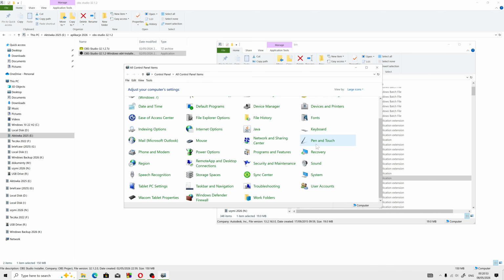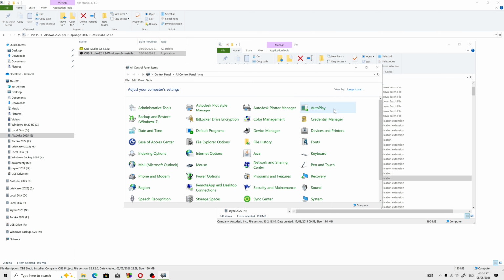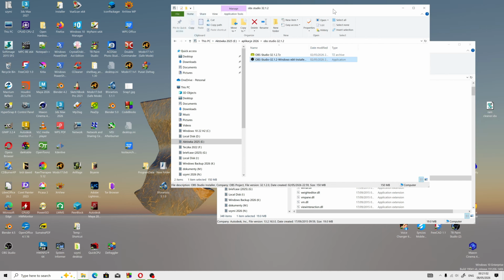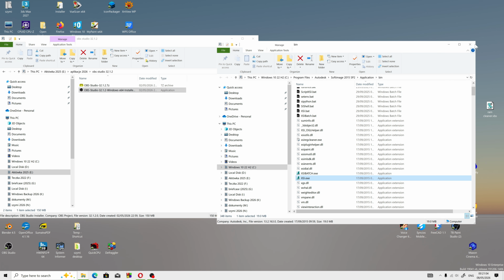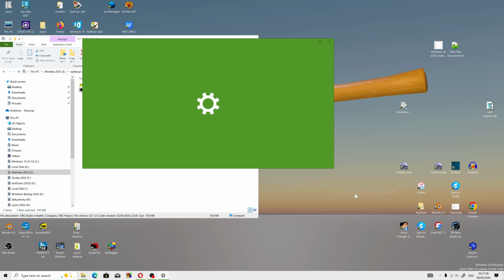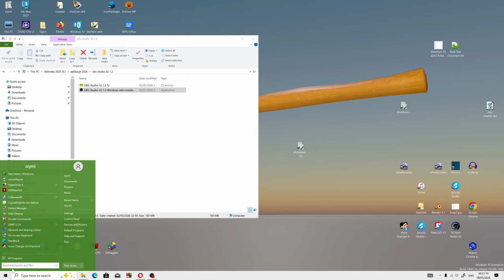No. I wonder why they didn't put display options in control panel. Display settings. Because you can type in